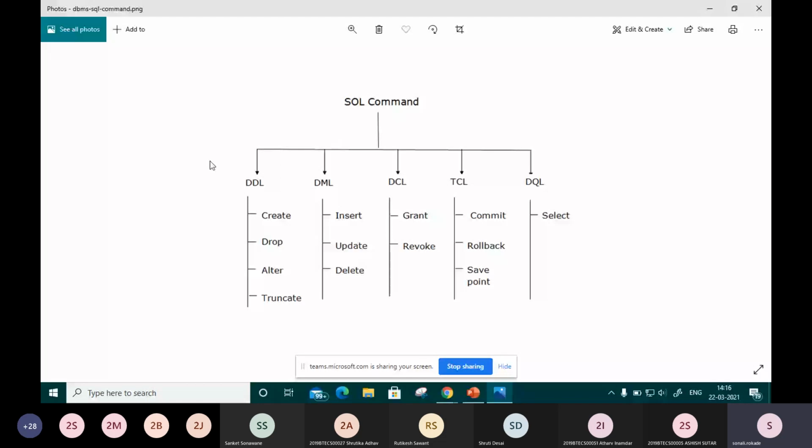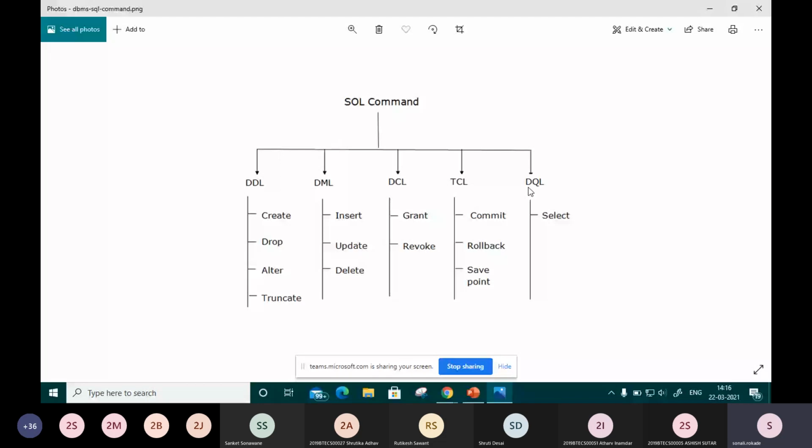SQL commands are divided into four types, as I told you, but in some books there are five. The first one is DDL, data definition language, then DML, data manipulation language, DCL, data control language, TCL, transaction control language, and DQL, data query language.